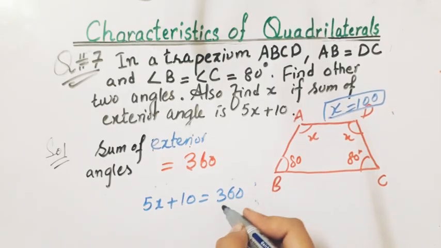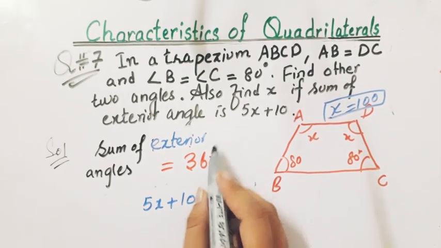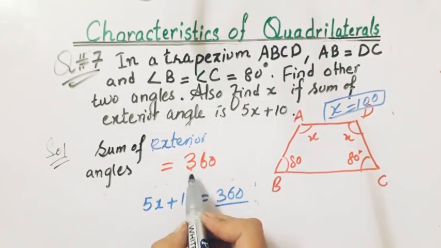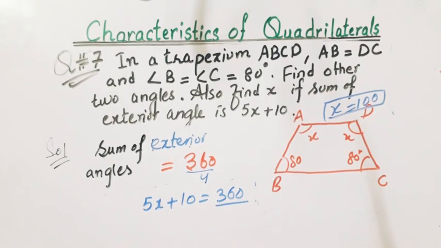This shape is a trapezium, so 360 is also divided by 4 because the number of sides is 4. So easily you can find 4 multiplied by 5x plus 10,